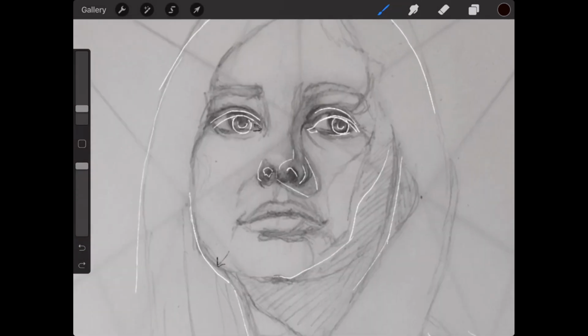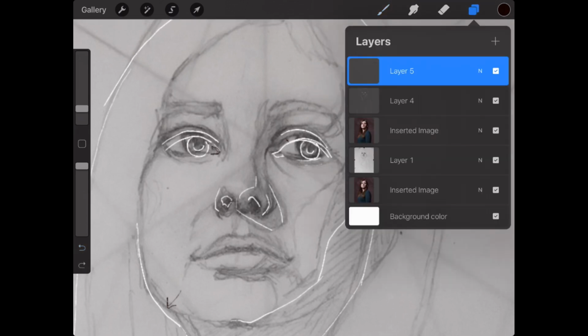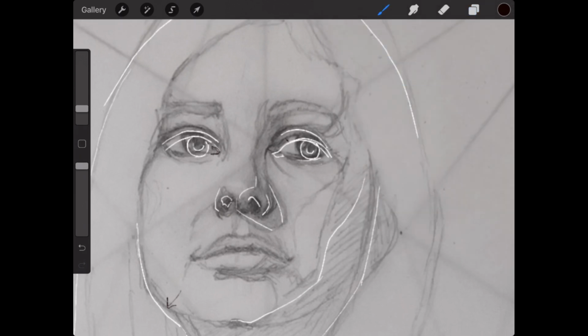And with this right eye, I think it's the same thing. You have your crease here, just bring the crease of that lid a little bit lower, and then this line is going to shift to here. This tear duct, I think, is too high. I think you have it there. Let me move my line so I can see. Yeah, so you have your tear duct up here.